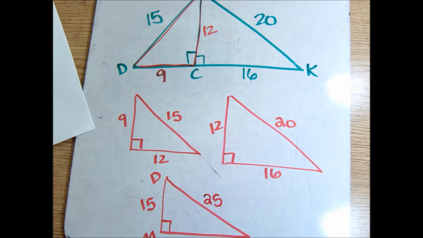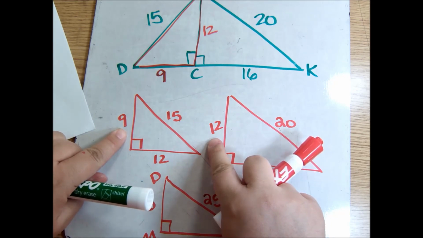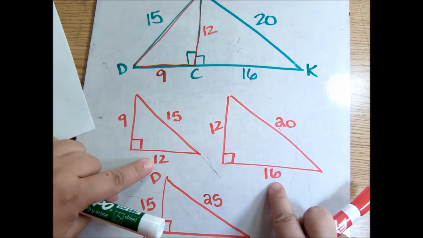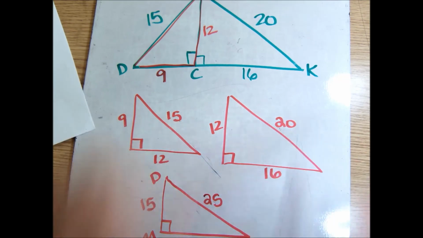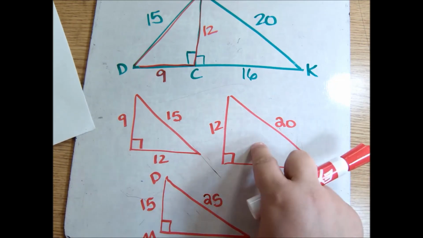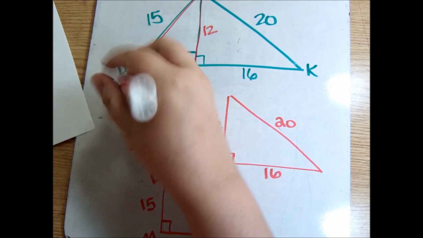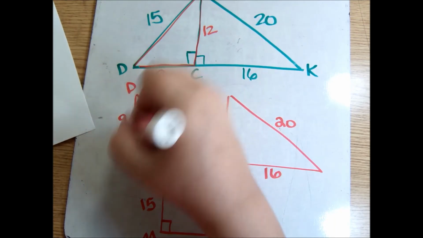Okay, and they are similar. You can check them. 9 over 12 is 3 over 4. 12 over 16 is also 3 over 4. 15 over 20 is also 3 over 4, or 0.75 for all 3 of those. Okay, so these are proportional, and then you can check these are proportional, they're all proportional. So DCM, here's D, CM